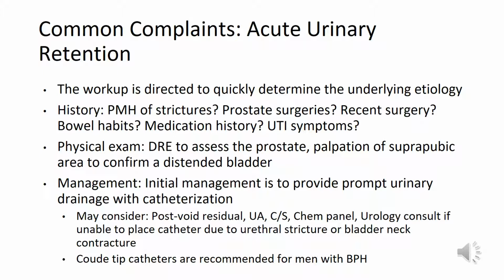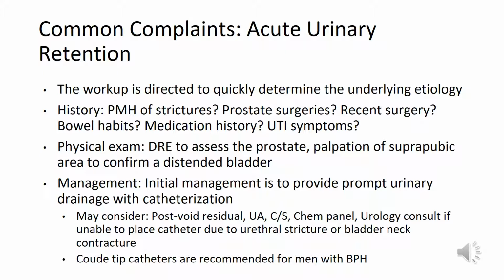And if they are retaining urine, UpToDate is recommending that anything over 300 cc's should be catheterized. You might consider doing a UA and a culture and sensitivity if infection is an issue, a chemistry panel,